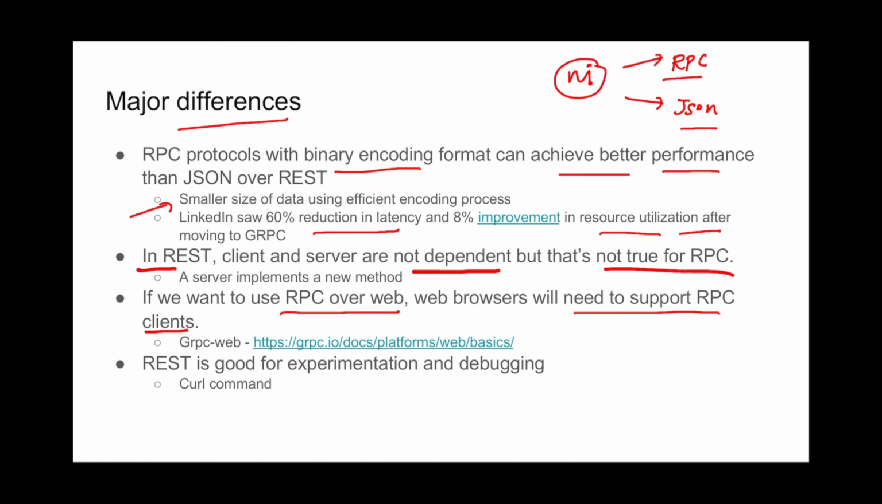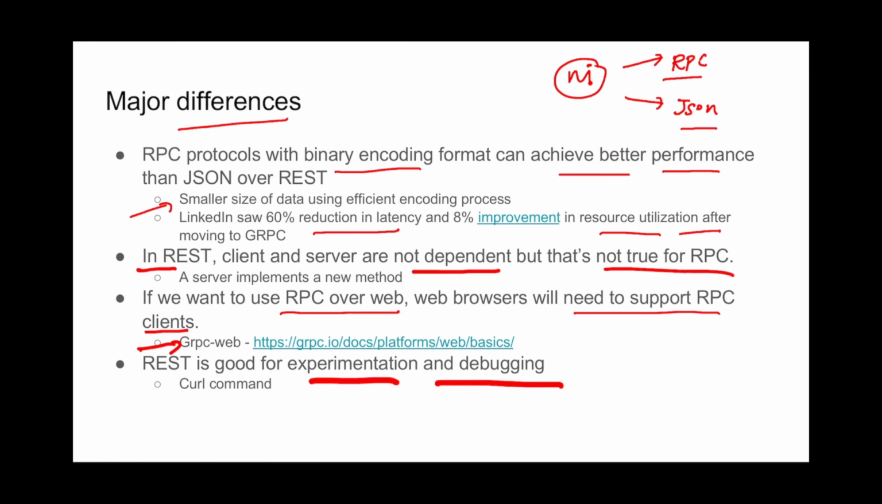For RPC, if you want to use it over web, you will need to support the clients also, right? The clients need to be there in the web browser. There is a gRPC web client, which you can include in the JavaScript, but the overall steps here are very complex. It's not as easy as what we do for the REST APIs. And REST is very good for experimentation and debugging. If there is a REST API and you want to test it, it's very easy. You can simply use the curl command from your terminal